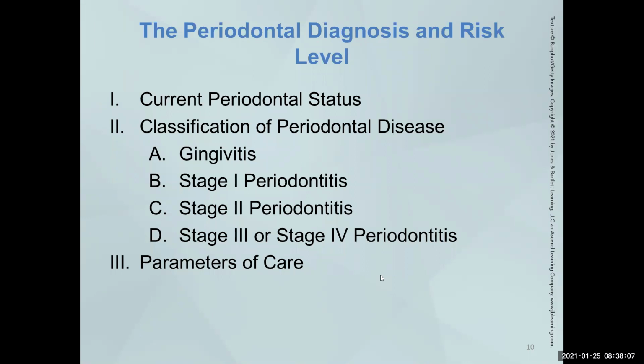What's the purpose of that? The purpose of that is to let the office know when you need to refer this patient to a specialist. Is this patient under the category that you can treat in general practice, or is it beyond your scope and they need to see a specialist, a periodontist or an endodontist or whatever that specialist is? That parameters of care is there to help